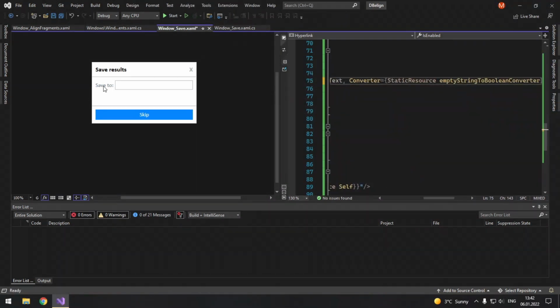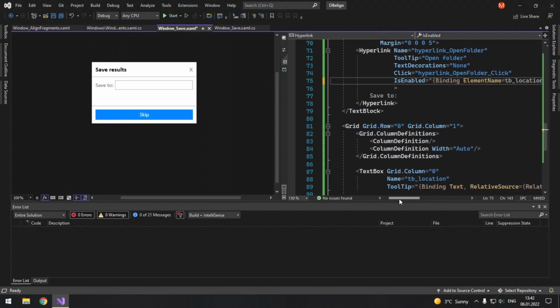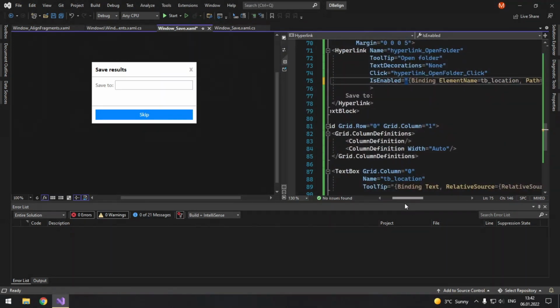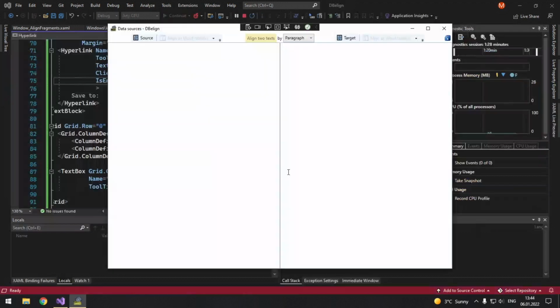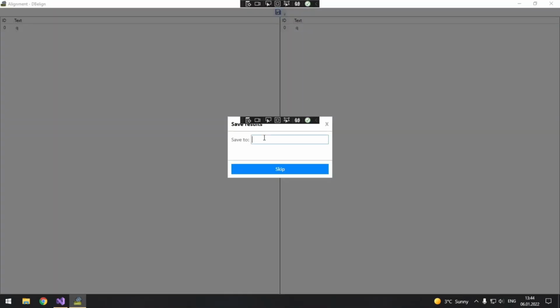Right, in our designer it's already disabled. If you want to know more about converters, you can check my value converter basics video, which is the third in the basics series. Well, let's launch and check it. Now, as you see, when we have some text, it is enabled.